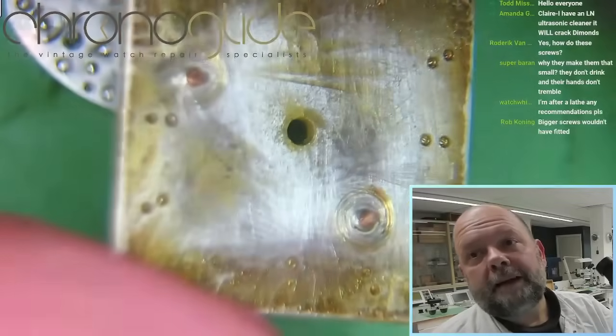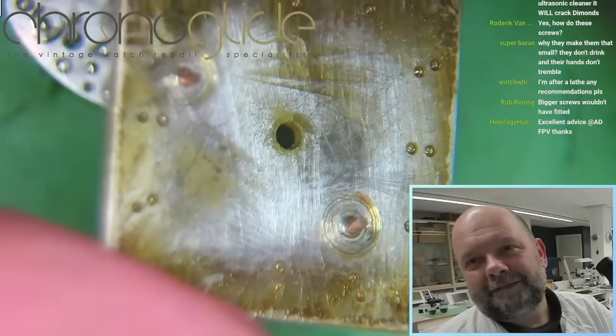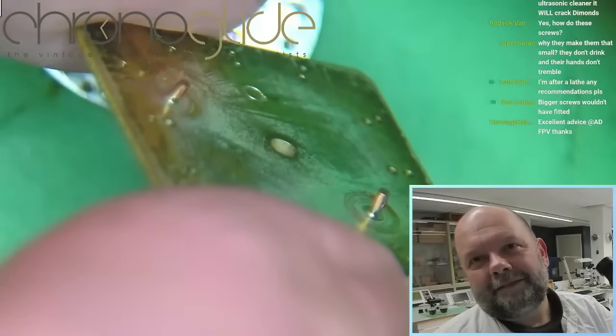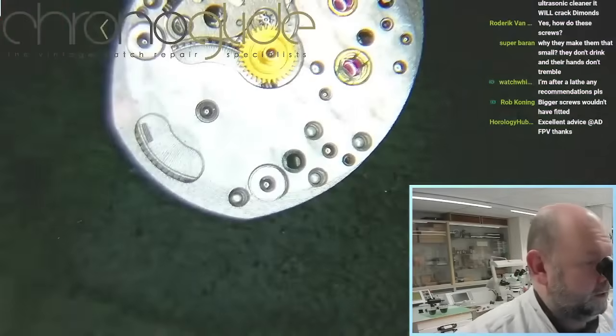The back, simply production marks. So we can put that safely away, and now,